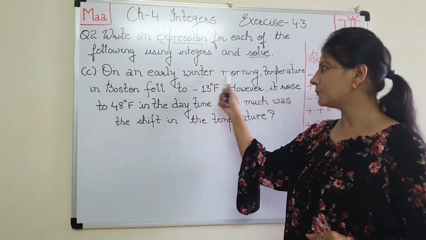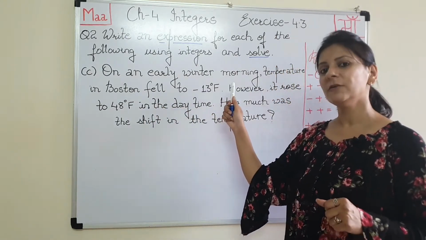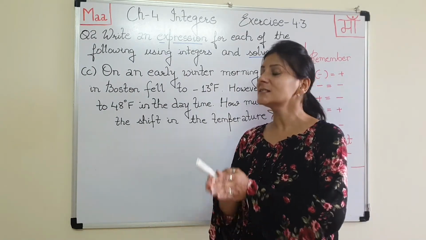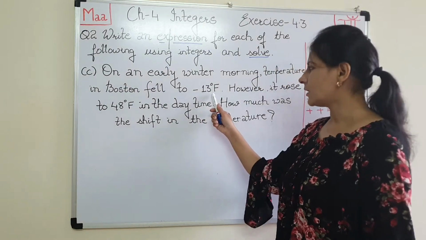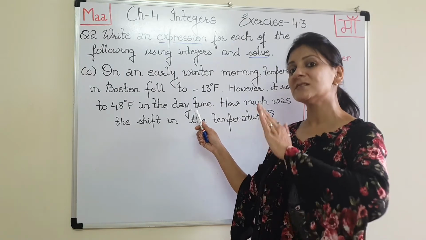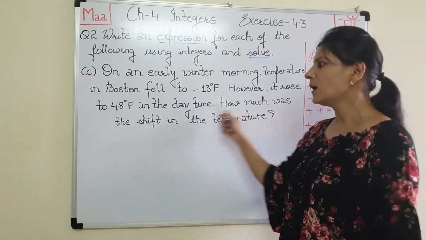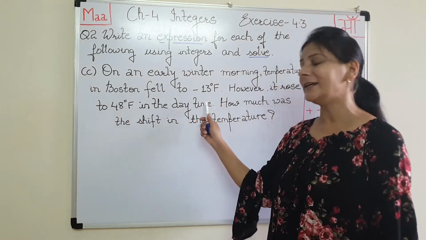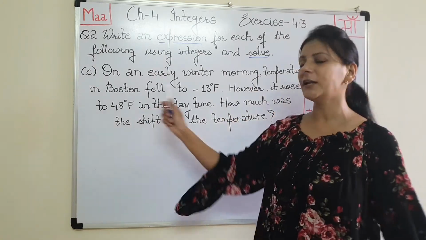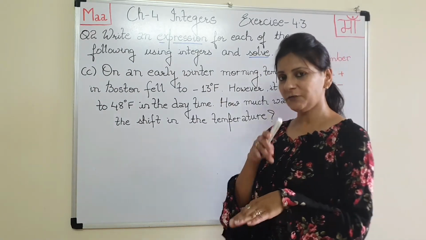On an early winter morning, temperature in Boston fell to -13 degree Fahrenheit. एक अर्ली विंटर मॉर्निंग में बॉस्टन इज़ अ प्लेस जहाँ पर जो टेम्परेचर था वो -13 डिग्री फ़ारेनहाइट फॉल हो चुका है, दैट मीन्स नीचे गिर चुका है टेम्परेचर। हाउएवर इट रोज मीन्स इंक्रीज हुआ टू 48 डिग्री फ़ारेनहाइट इन द डे टाइम। दिन के समय वो जो टेम्परेचर था फिर रोज हो गया, दैट मीन्स बढ़ गया 48 डिग्री फ़ारेनहाइट। सो हाउ मच वॉज द शिफ्ट इन द टेम्परेचर, तो टेम्परेचर में कितना शिफ्ट हुआ है दैट वी हैव टू कैलकुलेट।